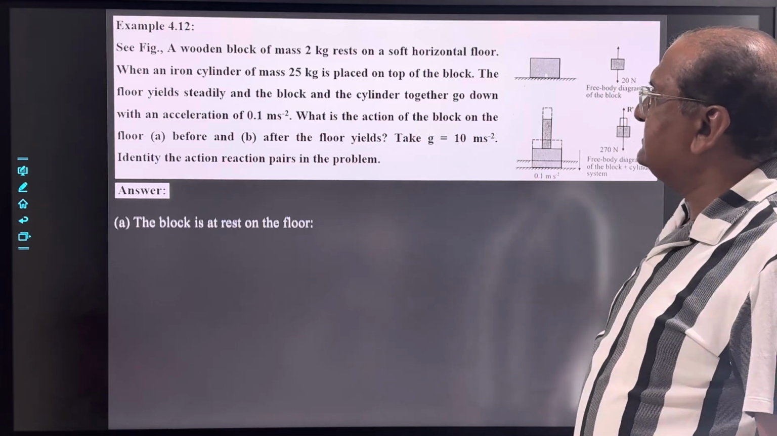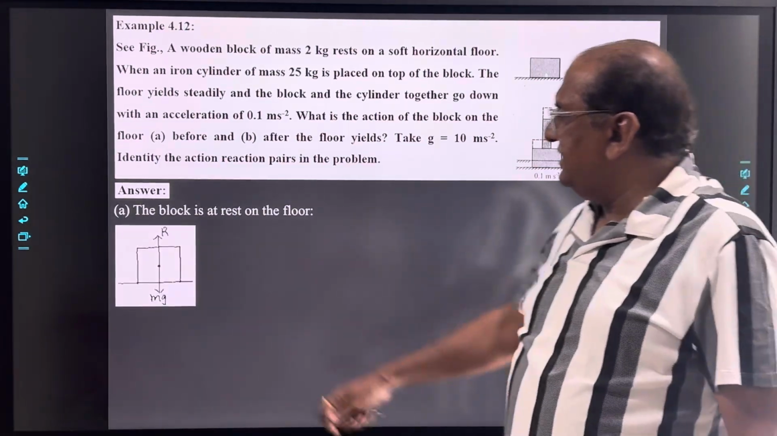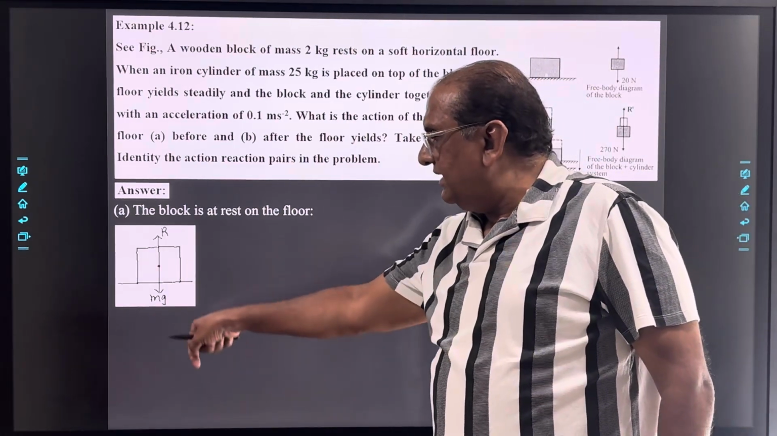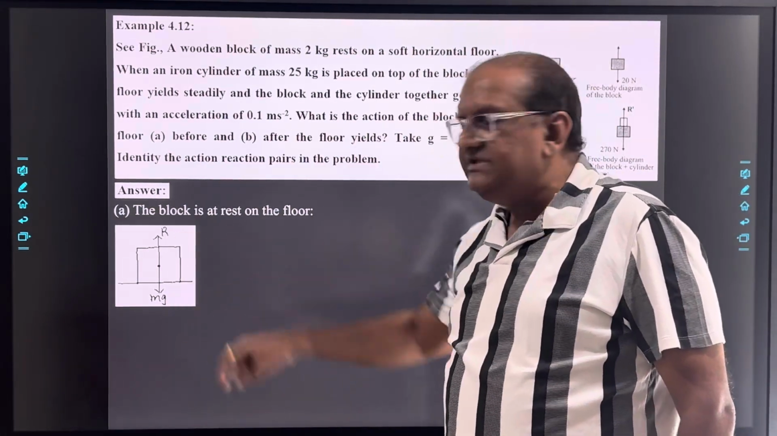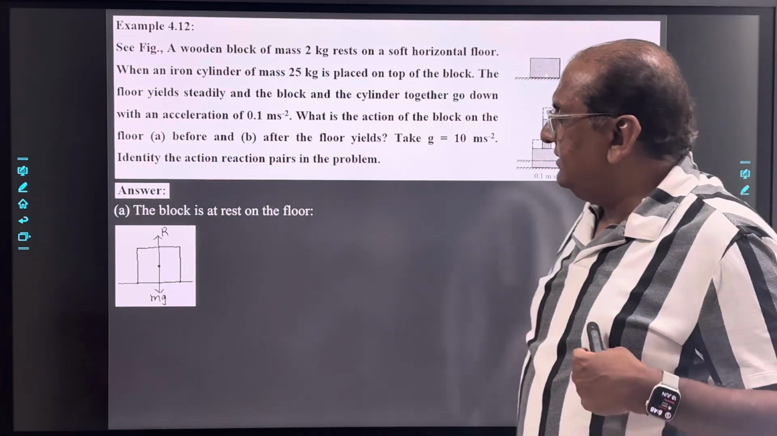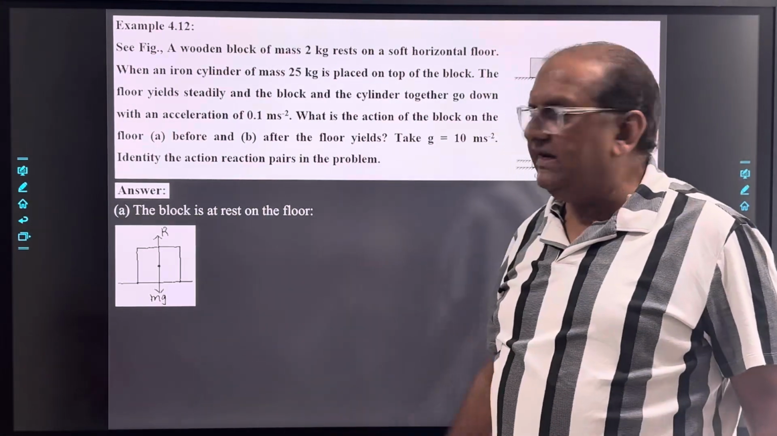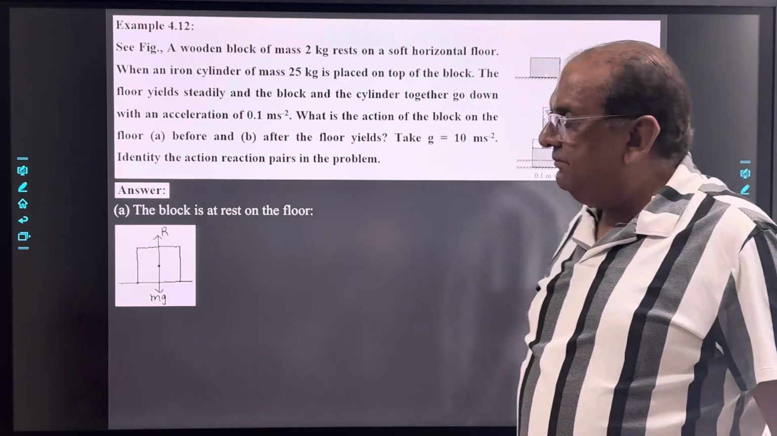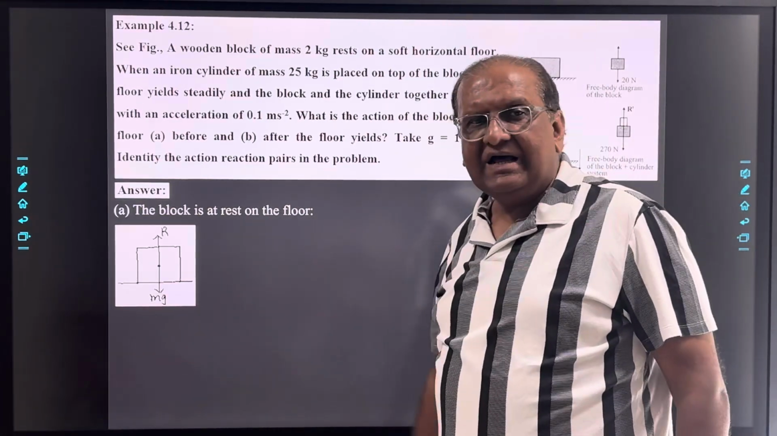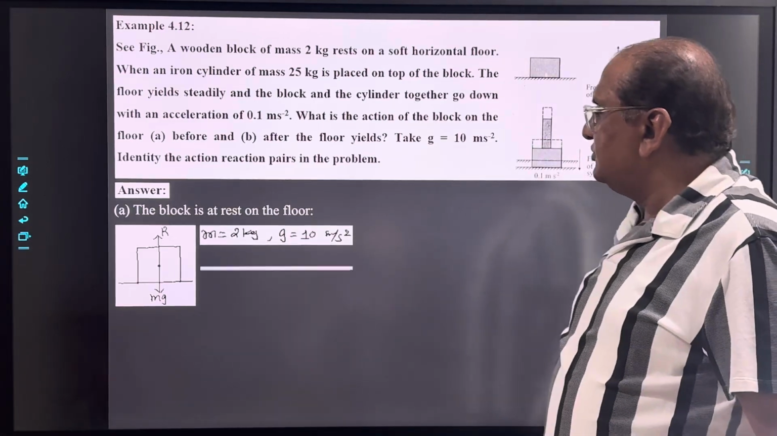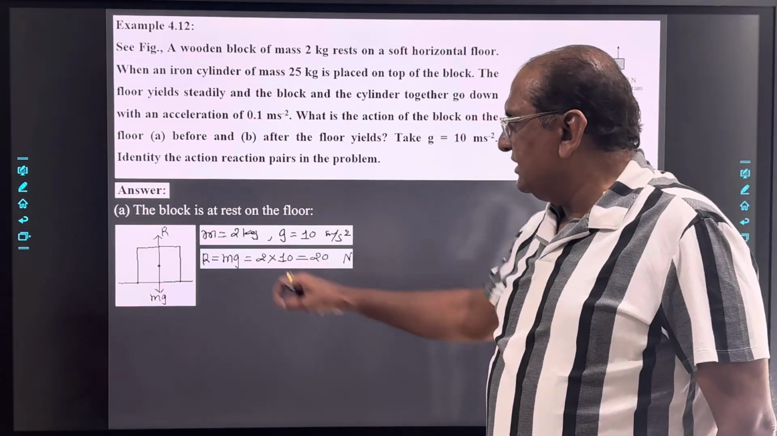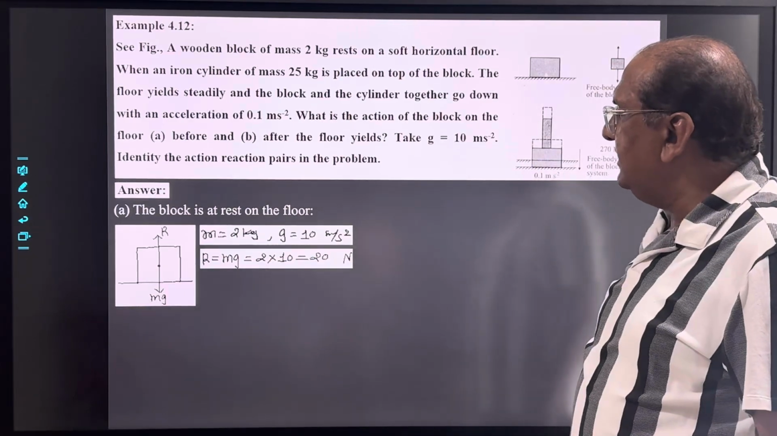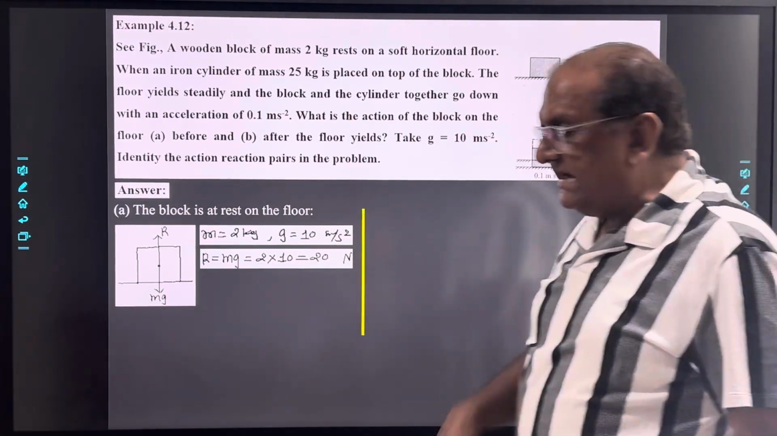Now in the first case, the block is at rest on the floor. So the weight of the block in downward direction, that is mg, and normal reaction R, that is vertically upward. And here the block is in equilibrium, which means these forces are perfectly balanced. So we can write R equal to mg, that is 2 into 10, that is 20 Newton. Now in the second case